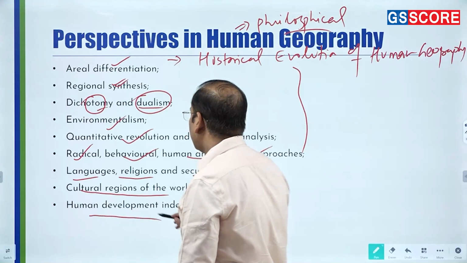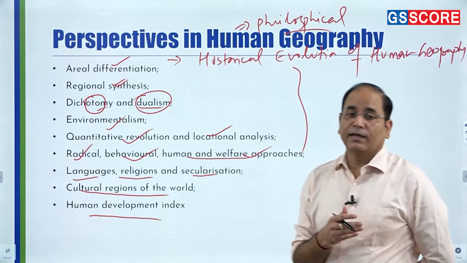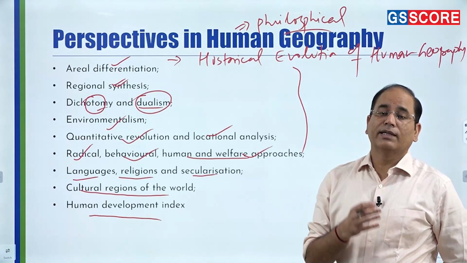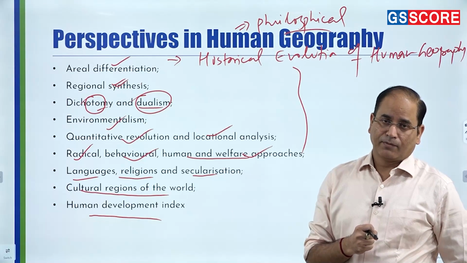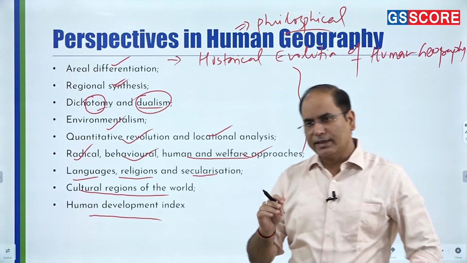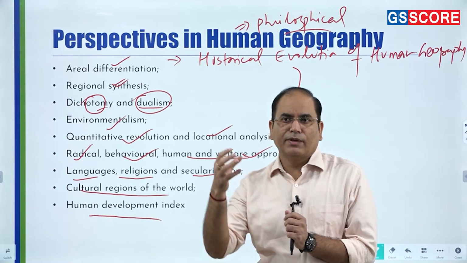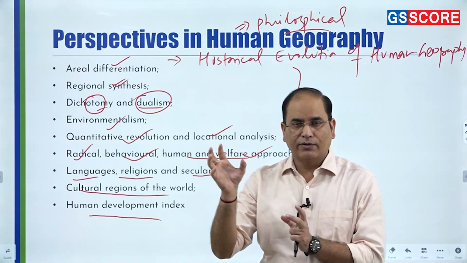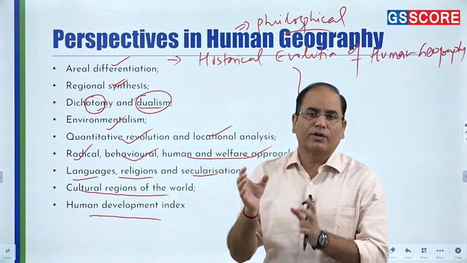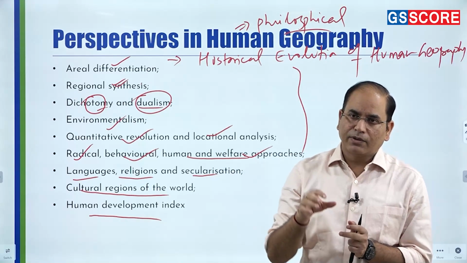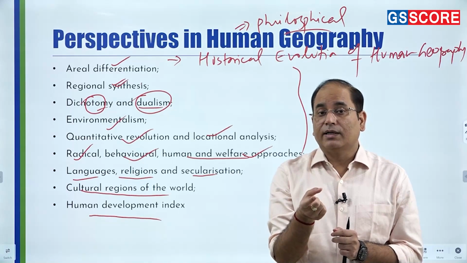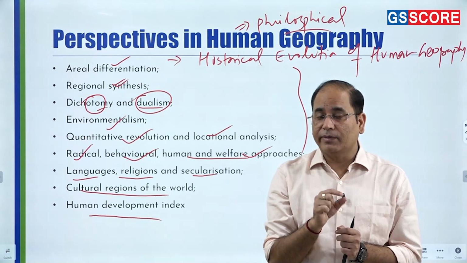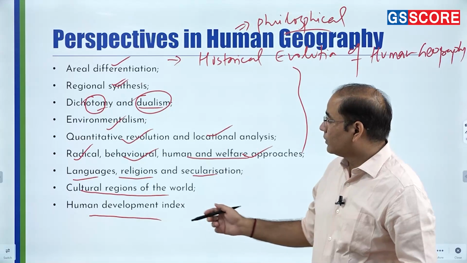Then we have the Human Development Index. In the present time period, it is one of the most important indicators for development, because the Human Development Index is in one way or other very much associated with the economic aspect. So थोड़ा economic aspect में भी है जहाँ पे growth और development की बात की जाती है, but here they are not looking for that growth and development debate, rather they are only concerned about the Human Development